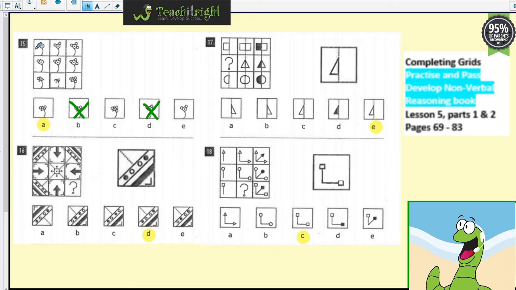We also knew we needed 1 petal, 2 petals, 3 petals, or circles. That allowed us to eliminate these ones. And then finally, between A and E, it was just the fact that that was a circle that eliminated that for us. Then looking at this one here, a bit of a complicated one, but it's not that bad actually,